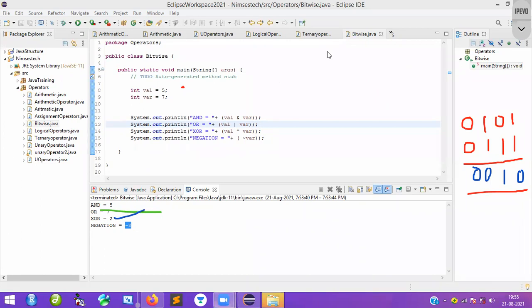Next one. We will see the next one. Here you can see what that is. We are taking this one, 7. So convert this 7 into binary: 1 1 1 0. Yes or no? Again what I will do is add 1.